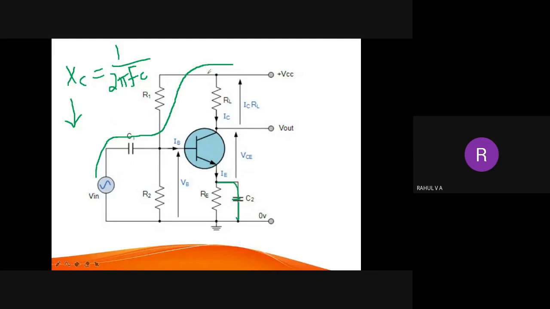Also, it will affect the working of the transistor, because in a transistor there is a base emitter junction and base collector junction. So when the frequency to this base junction is high, it won't work properly. So that is the reason there is a low gain in the